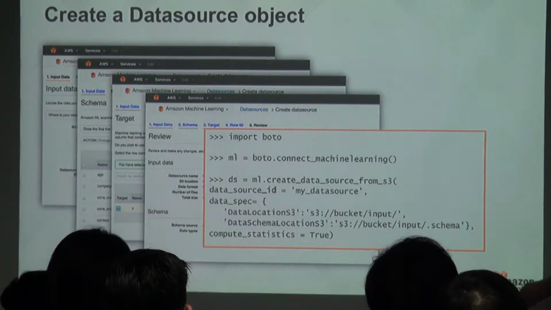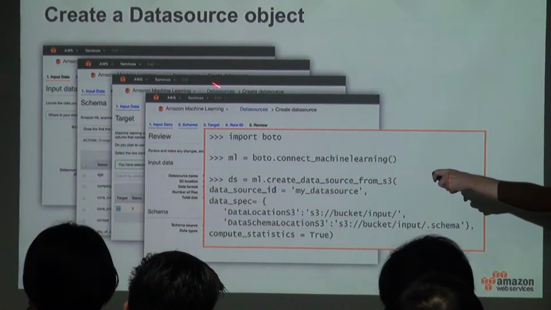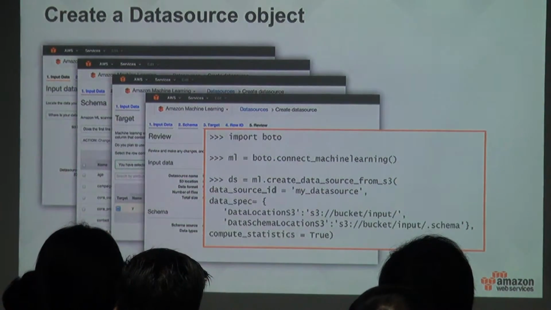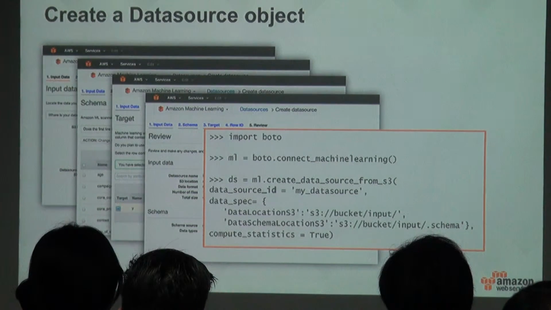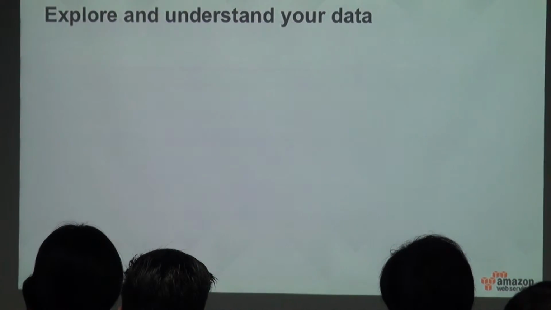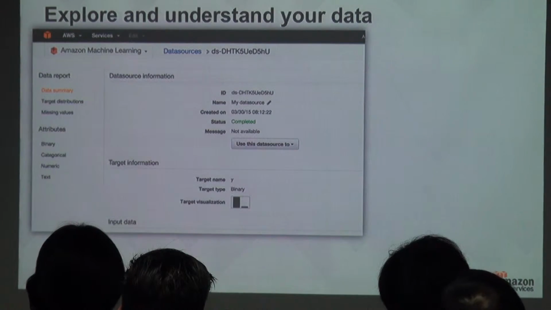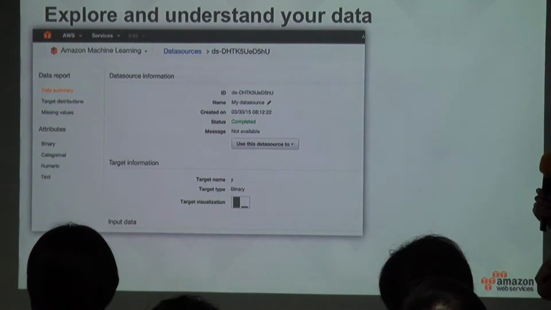This is just a sample. All of this has been done also through the console. It's just to show you, sometimes it's nicer to just do it all in like 3 lines of code. Now, after we created the data source, what Amazon Machine Learning also helps you to do is to explore and